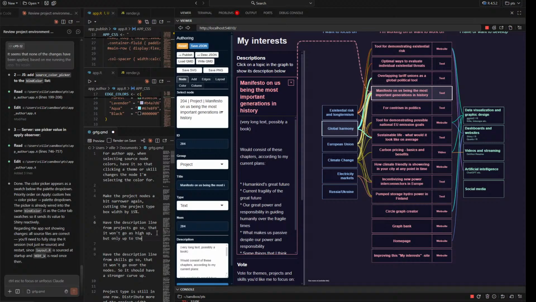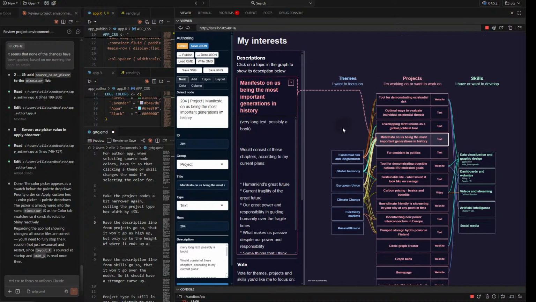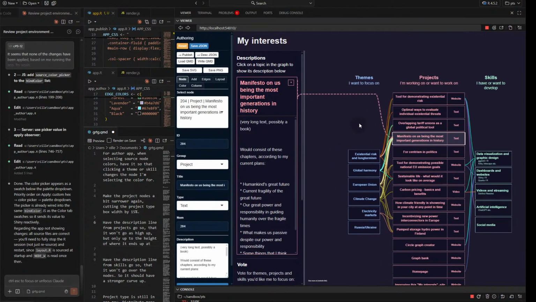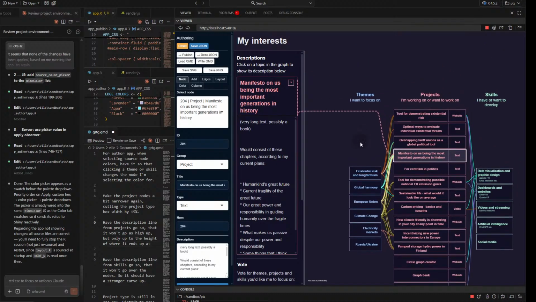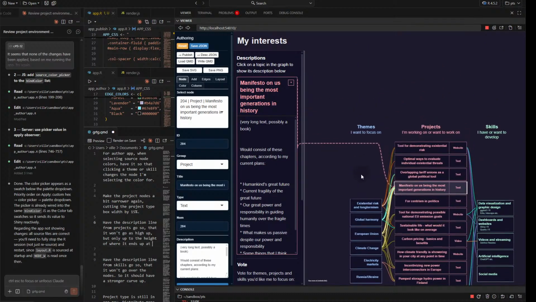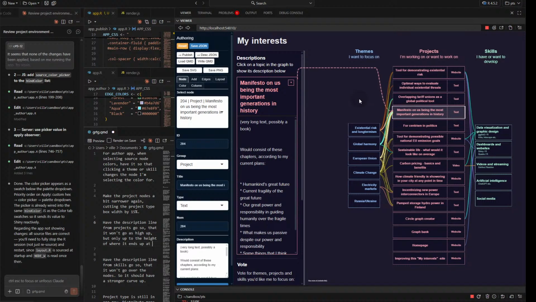Up to the height of where it ends up. I wonder if this works on, yeah, it might not work on